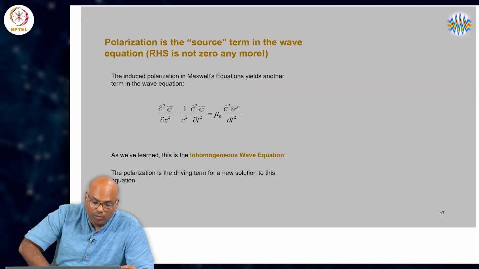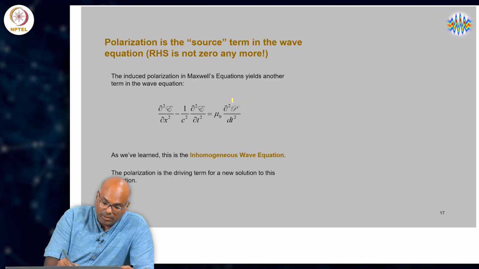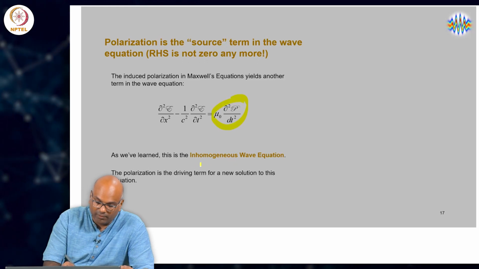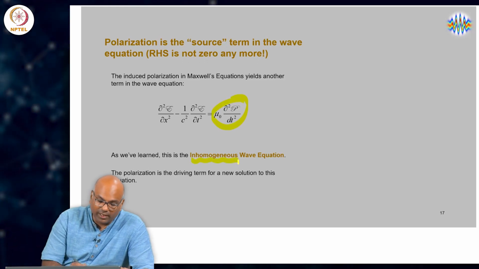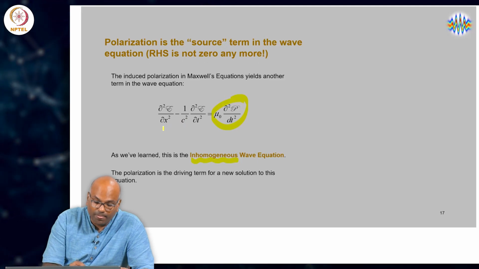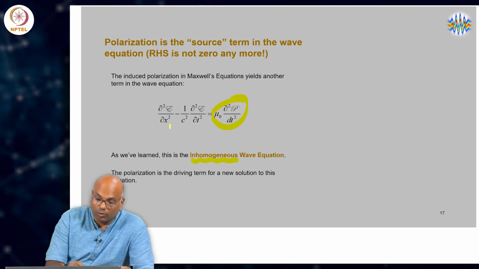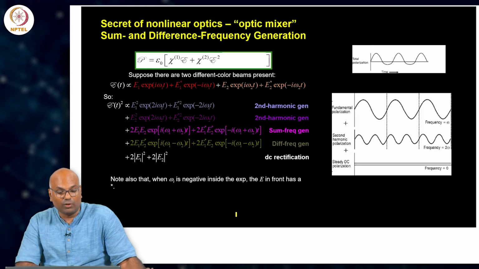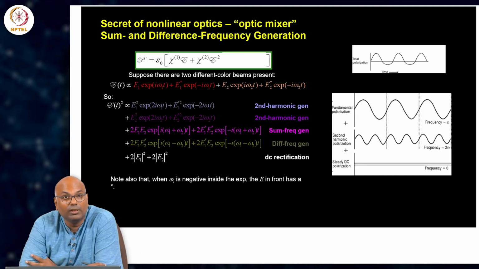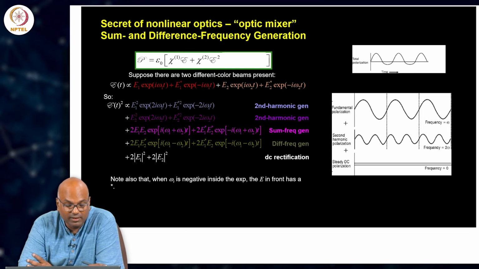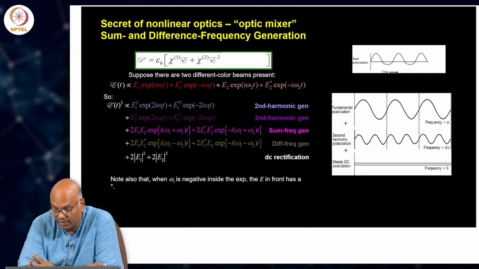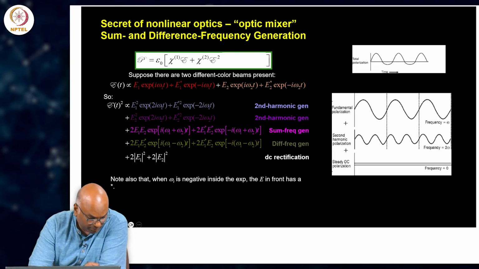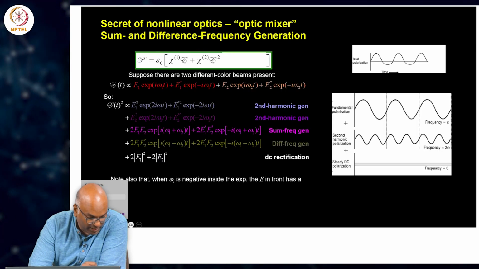We can now take that polarization term and stick it onto the right hand side of Maxwell's equations, the inhomogeneous wave equation as we have called it. This gives rise to a wave propagating not only at omega, but if we consider the nonlinear terms, even at multiples of omega. This is what we saw. So, the secret of nonlinear optics, so to say, if there is any, is these mixing terms where waves tend to get mixed, and in the second order mixing we evidently obtain